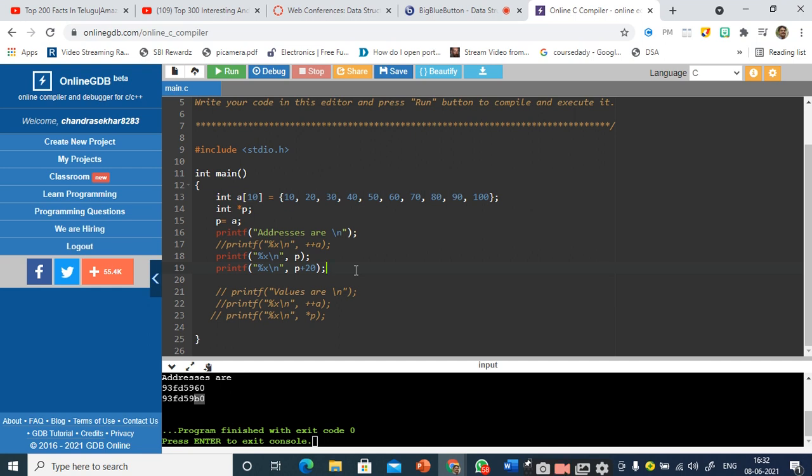This is one of the disadvantages of arrays in the C programming language. If you try to access the elements or addresses outside the array boundary, it will not show any error or any warning, nothing will be shown. You can simply access it, that's it. Is it clear? Yes, sir. So this is one important point.